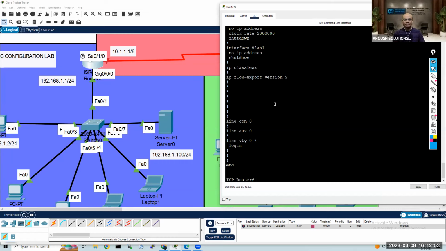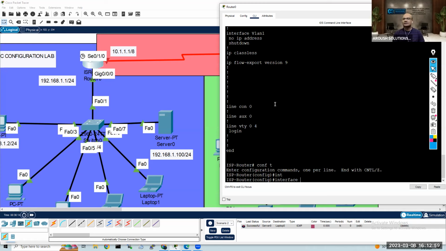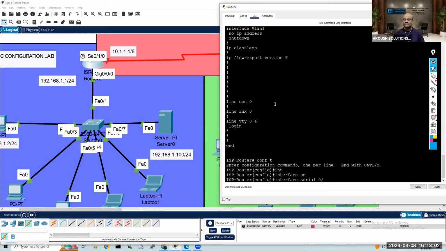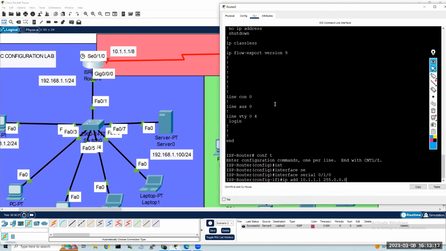Okay, go to global configuration mode. Config T means configure terminal. Okay, I will go to interface serial 0/1/0. IP address is 10.1.1.1. Correct? Okay, /8 means